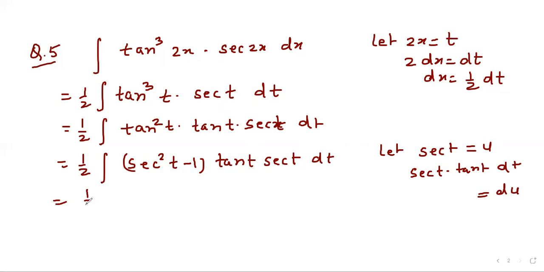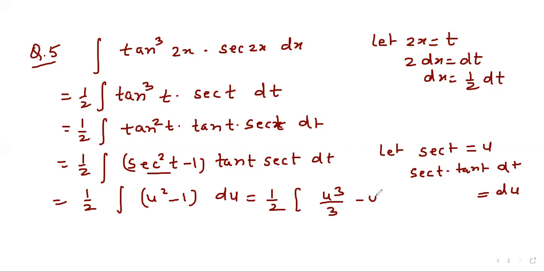Our question will become 1 by 2 integration of u square minus 1 du. So we integrate it. It will become u cube by 3 minus u plus c. Back-substituting, u is sec t and t is 2x. So we can say